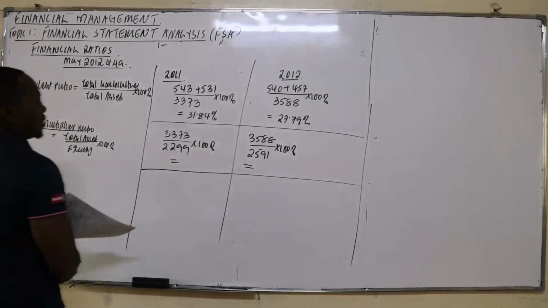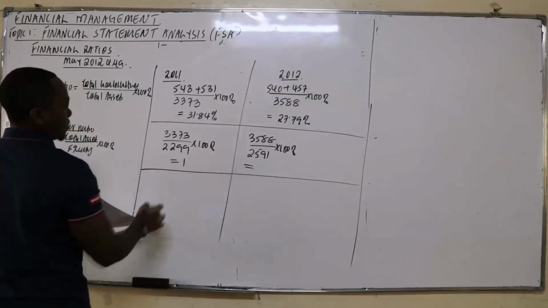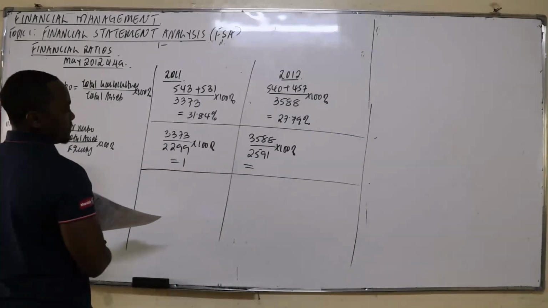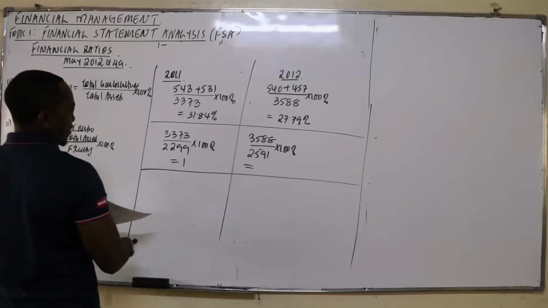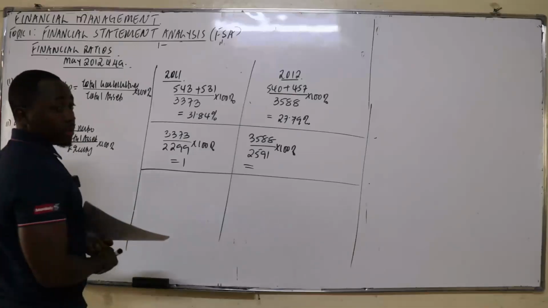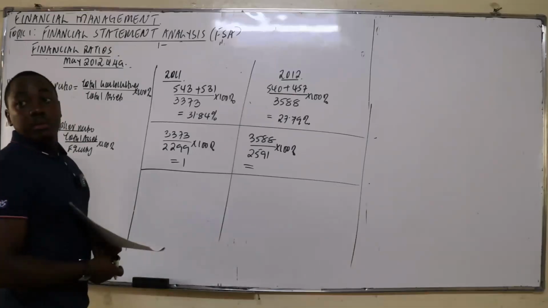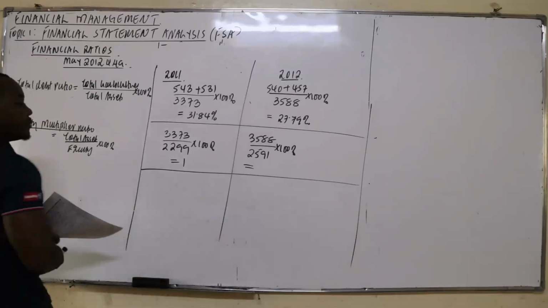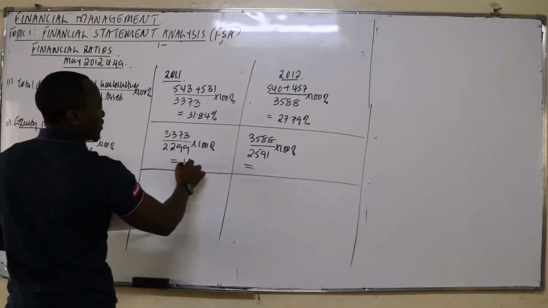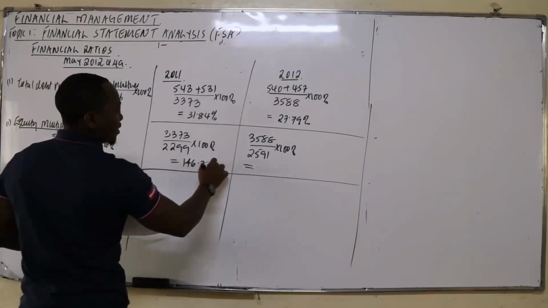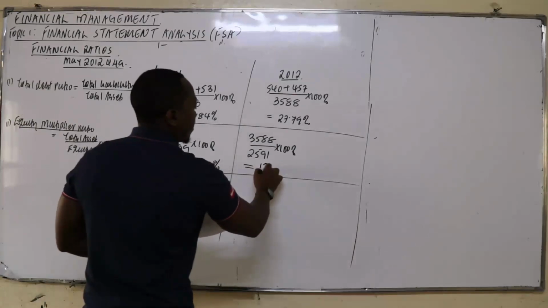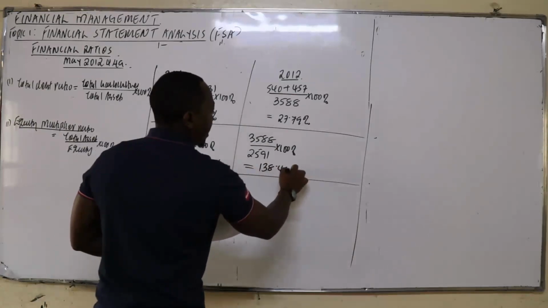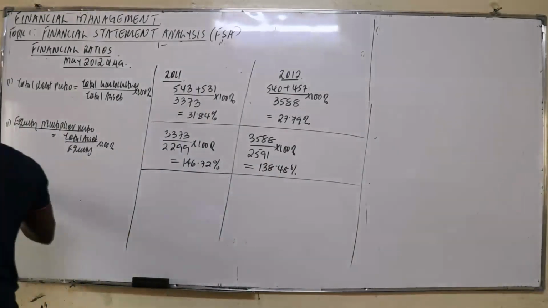This one you get one. 0.72%. 0.48%. Then last, number 3,